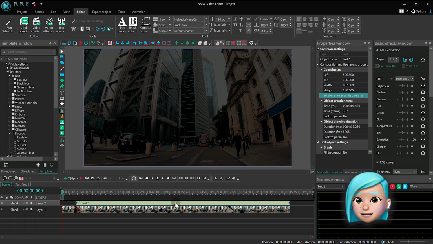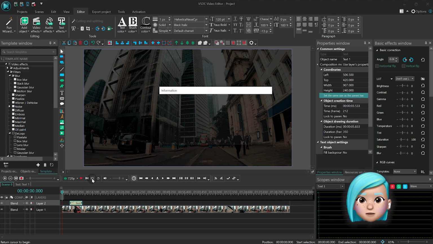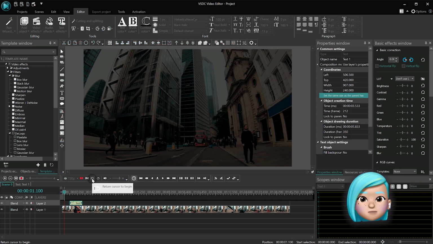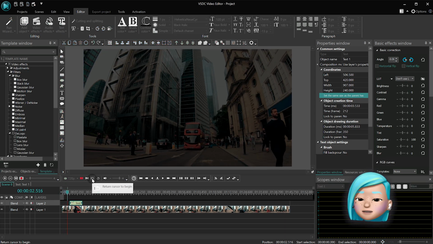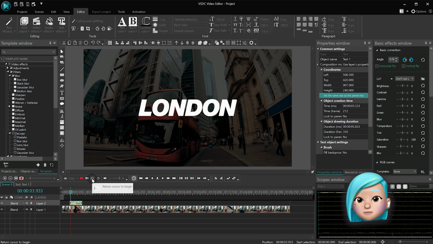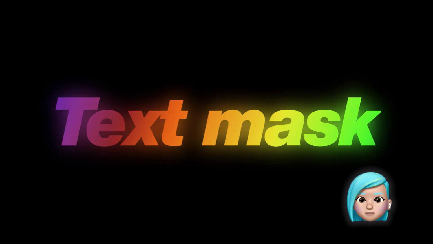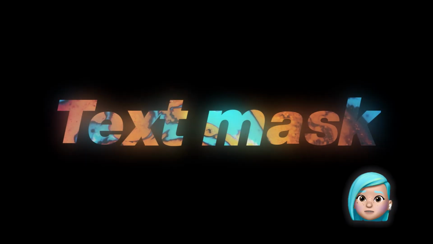Note: the text will appear and disappear in your video based on how you've placed it on the timeline. Feel free to drag it around on the track and control the duration manually to achieve the desired result. If you want more text effect ideas, watch this roundup featuring 7 awesome text effects you can apply in the